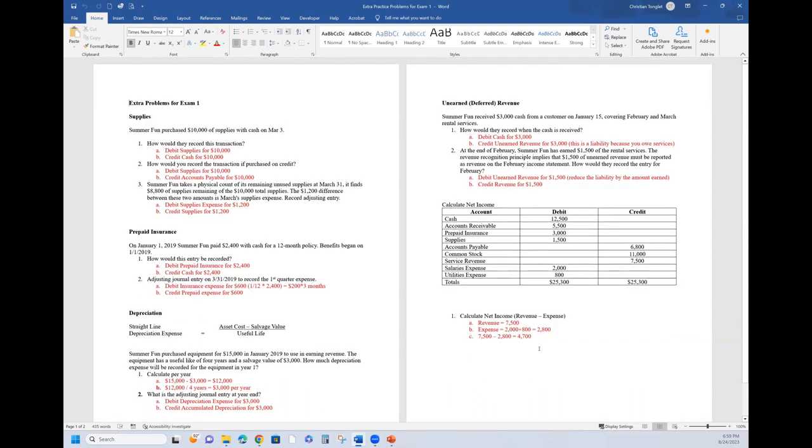It's nothing too sophisticated. I'm not trying to really confuse you on this test. It's literally just basic things that you learned from principles. So don't freak out too much about complications and all that. Just make sure you know how to do the homework, know how to do these little practice homeworks, and you should be fine